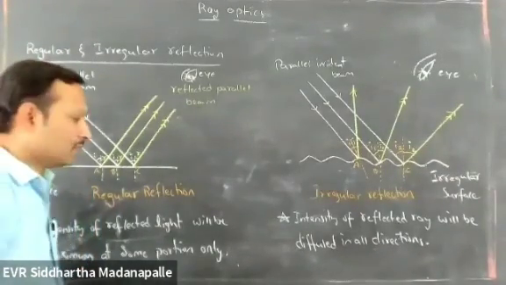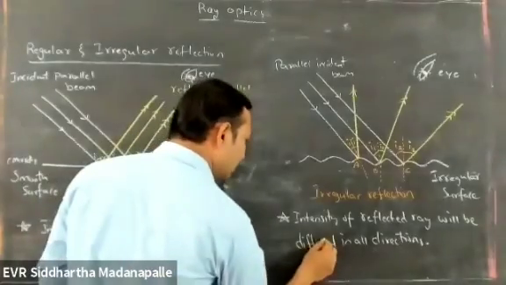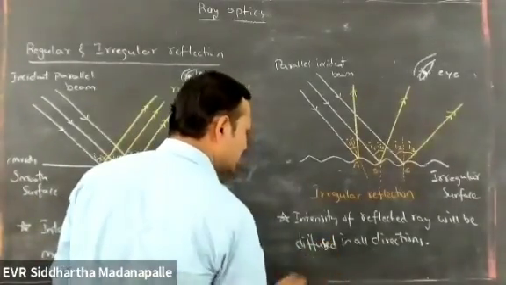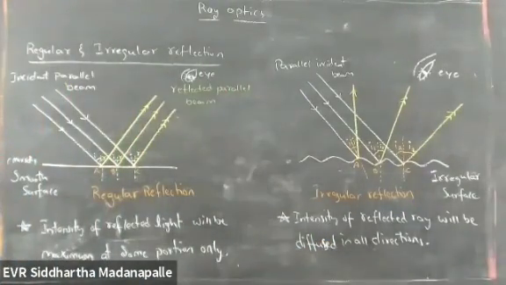Is that clear? This is also called diffused reflection. Okay. Now